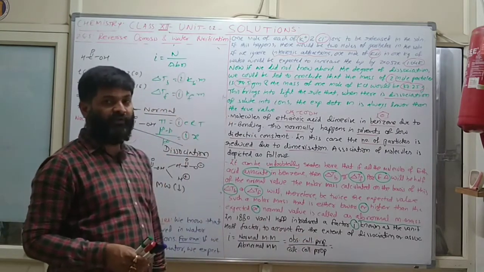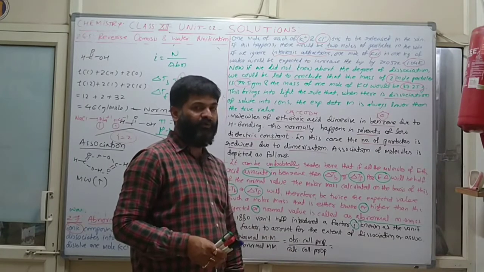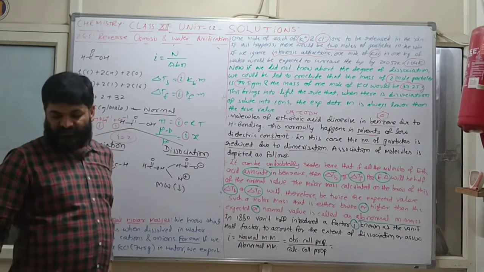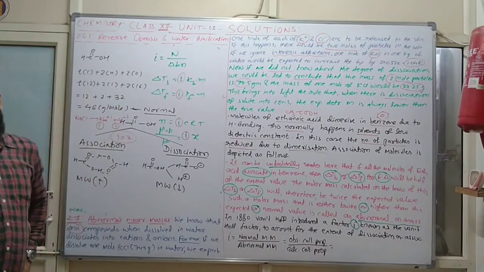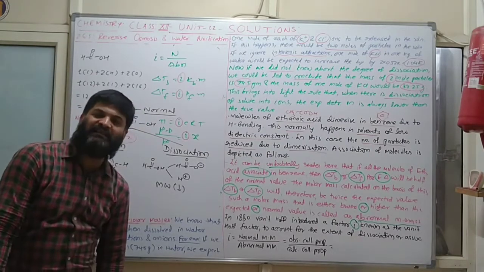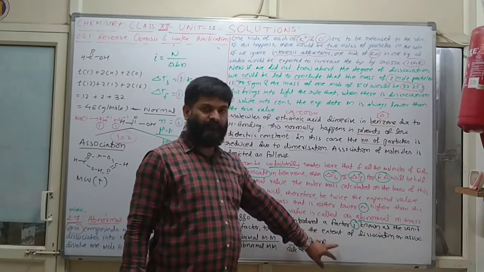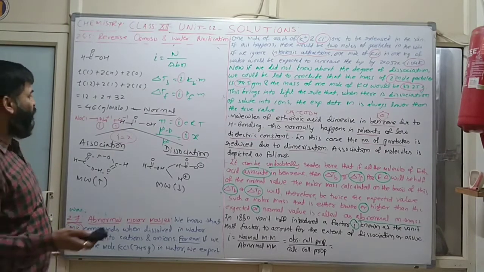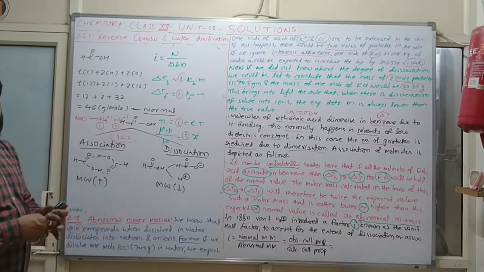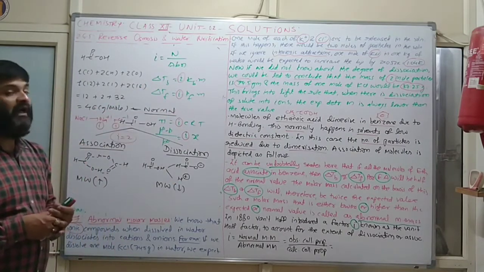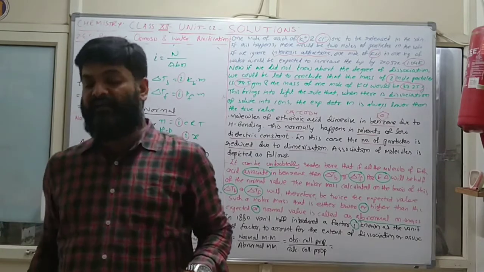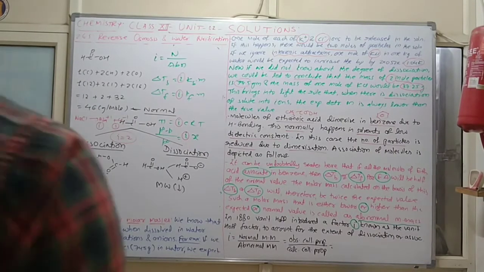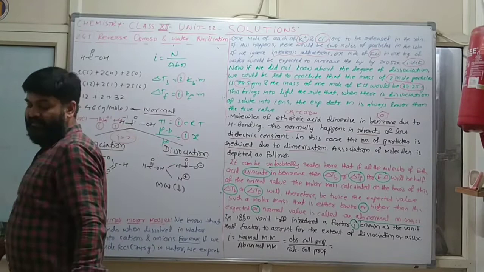upon calculated colligative property, or in another way we can say the total number of moles of particles after association or dissociation in the numerator, and in the denominator the number of moles of particles before association or dissociation. Clear? In this way the I value will come. Now we know all types of colligative property, so in every colligative property we will put I. In this way we can find out the change which will take place with respect to the I value.